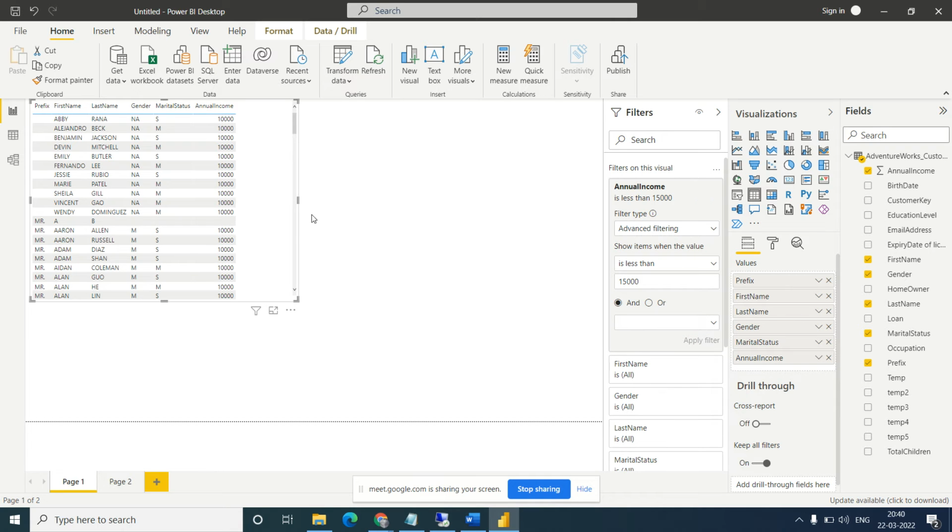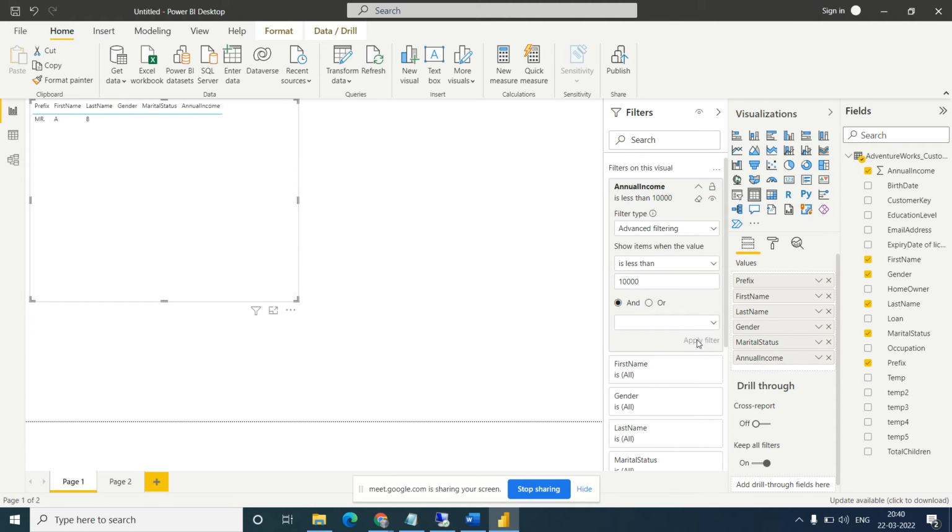Okay, now there is a 10,000 salary. When I added 10,000, you can see there is a customer whose salary is 10,000. But when I filtered less than 10,000, why was it not showing?